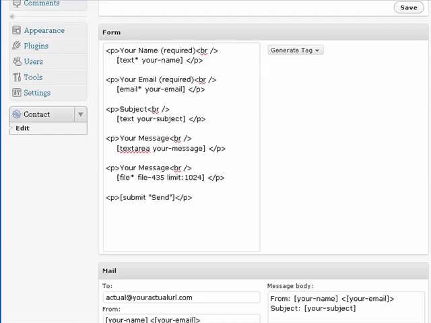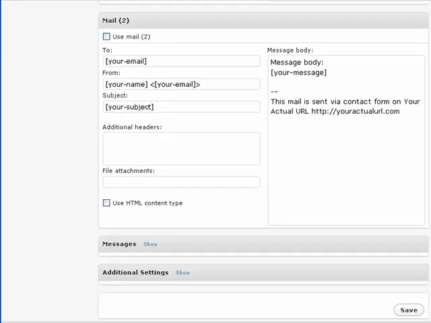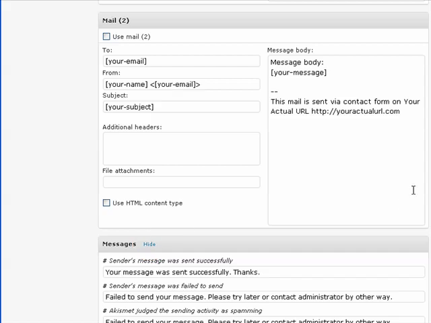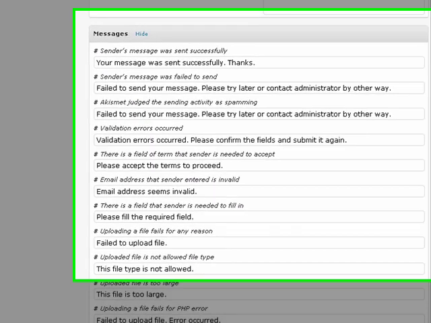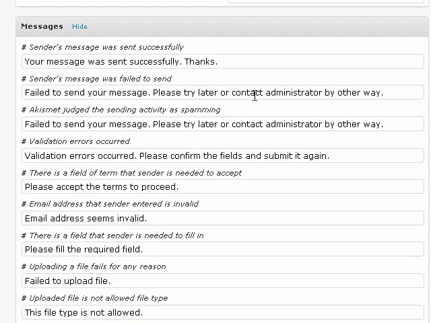Now with Contact Form 7, you can also specify the messages that you want to show to people who just submitted this form. All the messages that you see here are the default messages, and in most cases the messages are pretty okay. You can just leave them as they are, but sometimes you may want to edit the message further, especially when someone has just submitted the form. For example, this is the message that you will see: your message was sent successfully, thanks. You may want to add something like